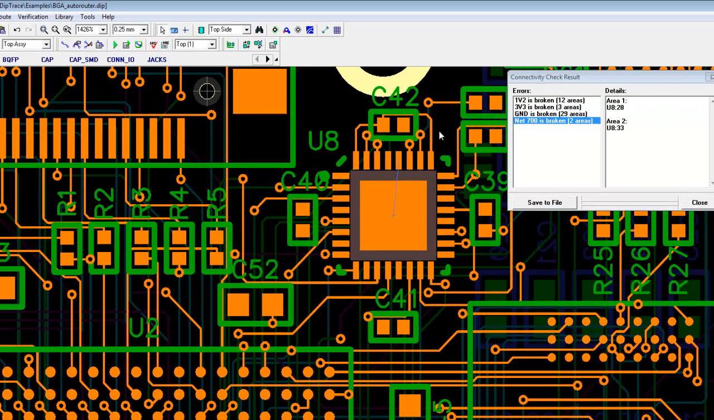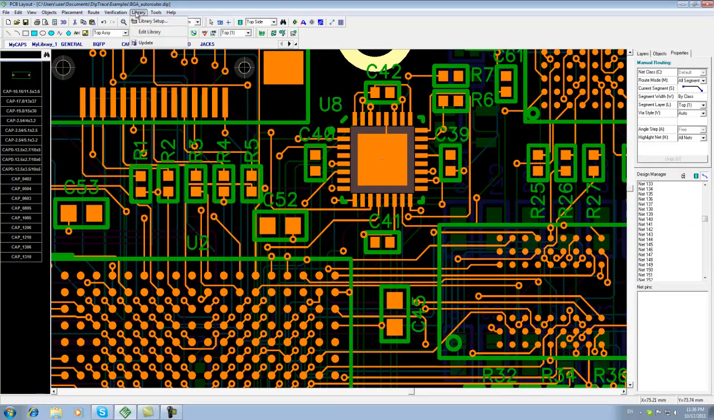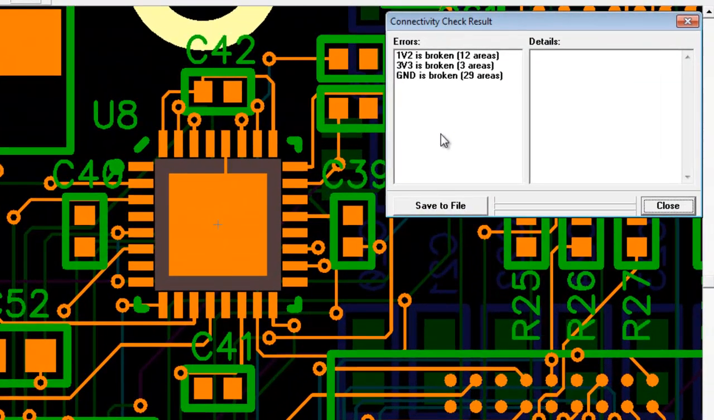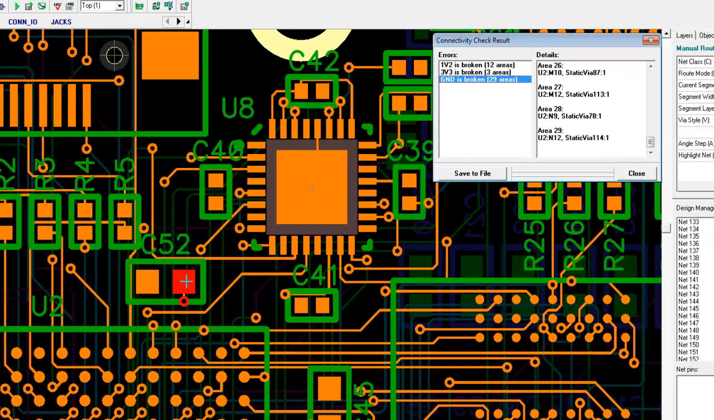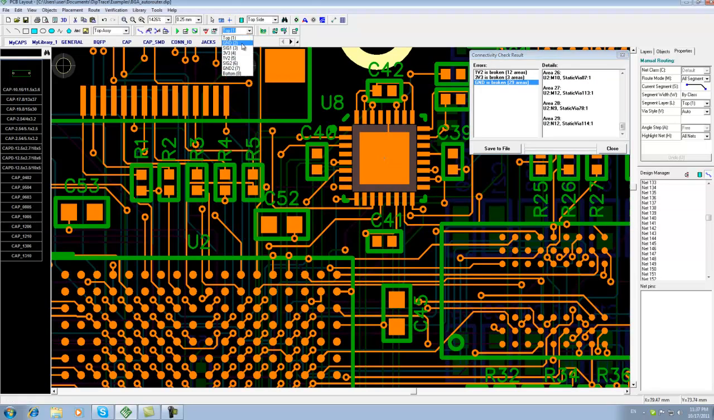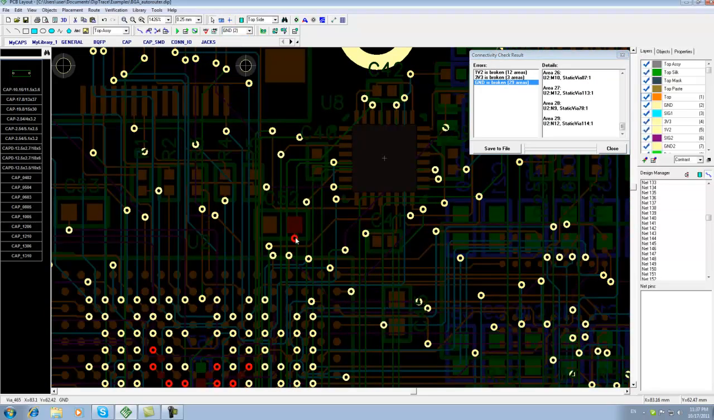Okay, now we will make the trace manually. It is done. Close, rerun our verification, and that error is gone. We have only 3 errors, and we will try to fix one of them, or maybe all of them now. Okay, choose ground. You can go to one of the ground layers, and you can see all